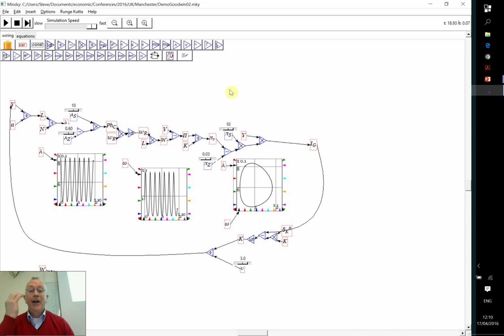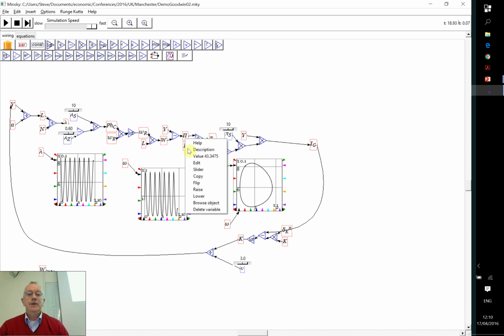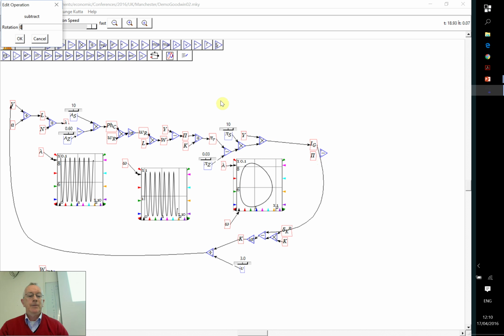Anyway. Okay, so now I've got gross investment over here. What I've got back here is profits. Let's take a copy of that. So if investment exceeds profits, the capitalist is going to borrow money. So if I have investment minus profit,